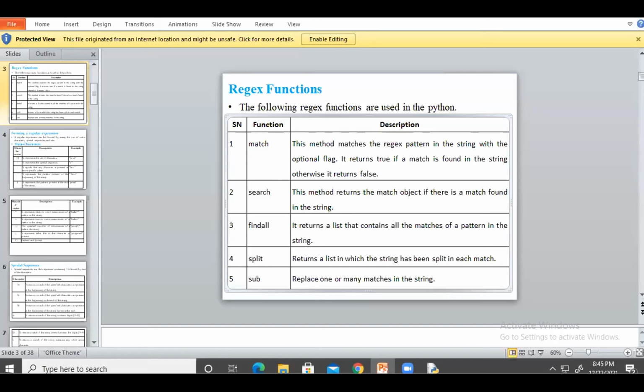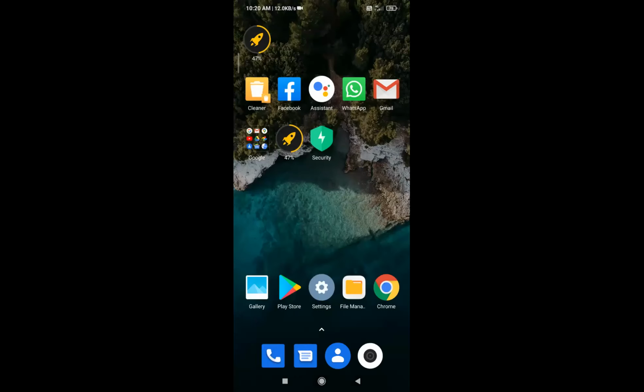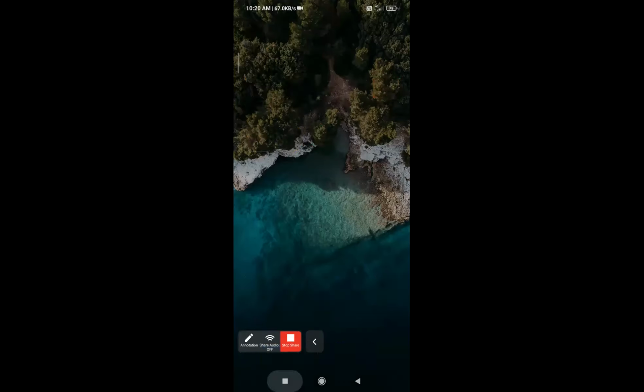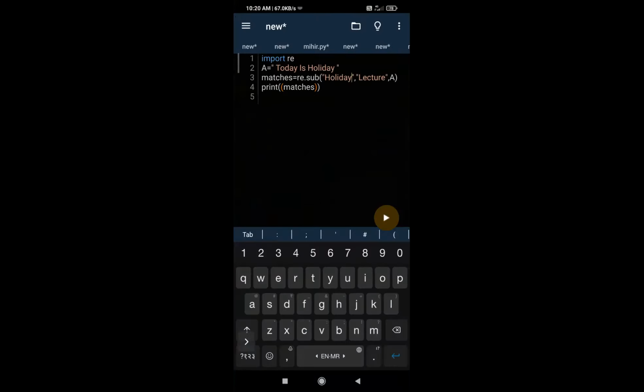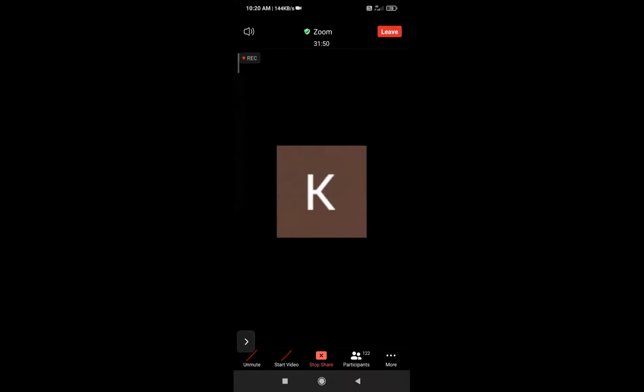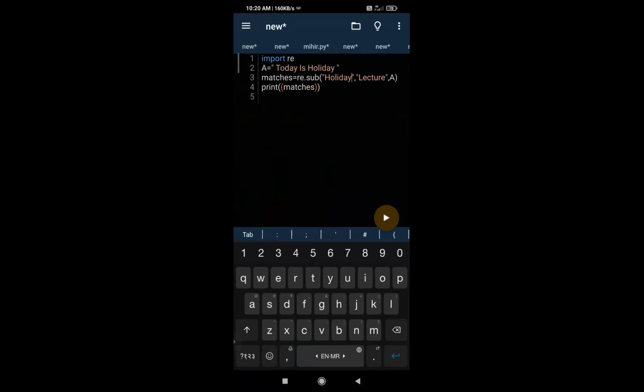Mihir, you have to share your screen and explain the subprogram. ओके मॅम. Hello ma'am, screen is visible. Yes, Mihir, the screen is visible.